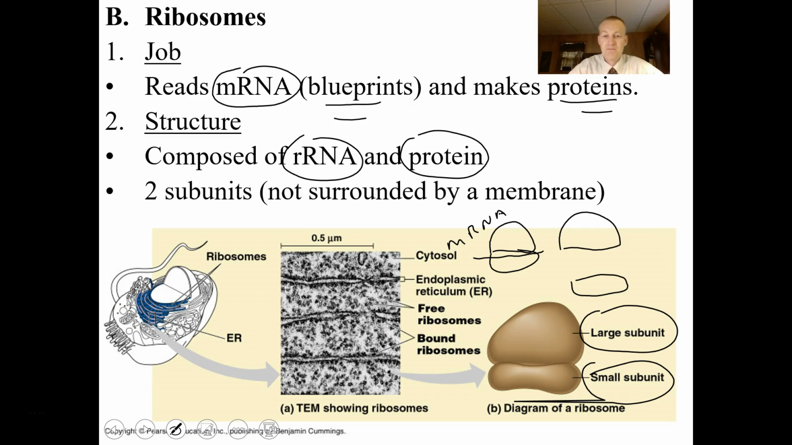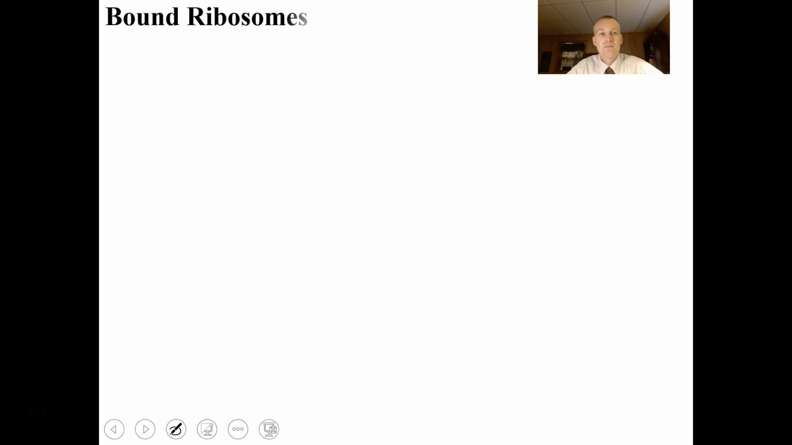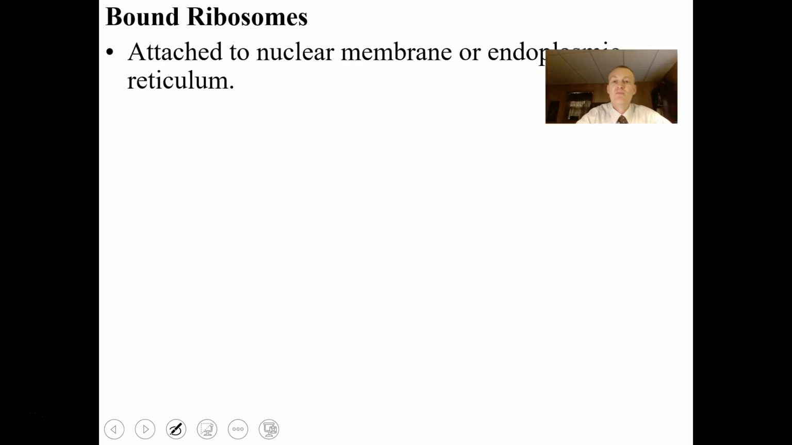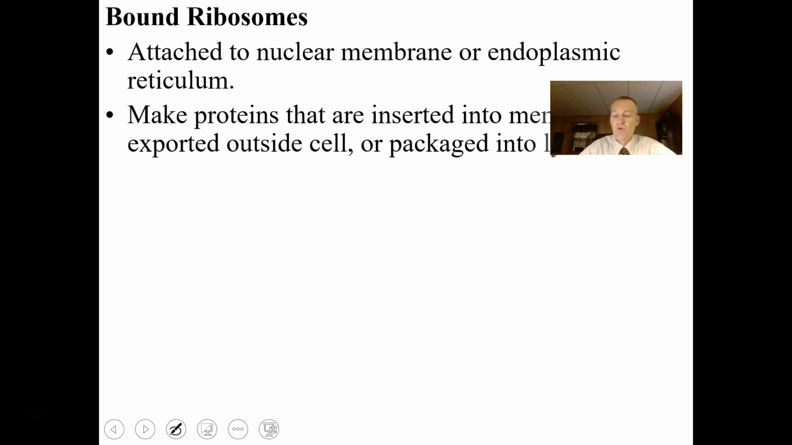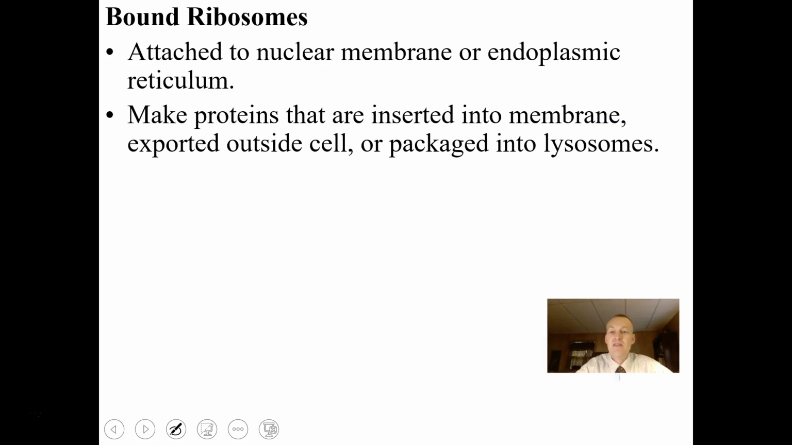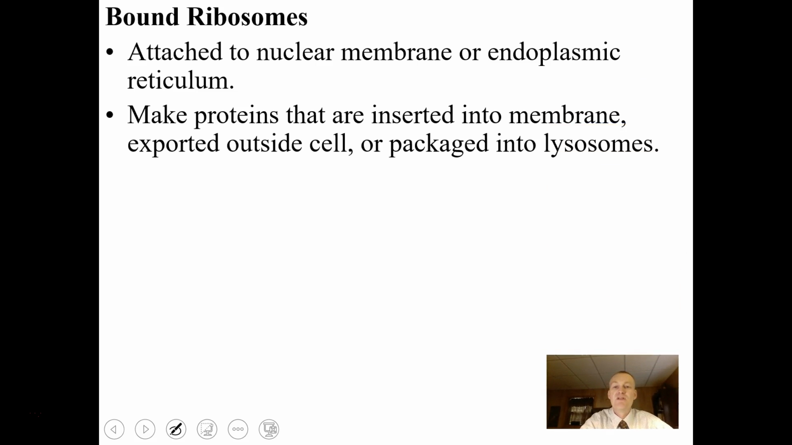Okay. Sometimes we have free ribosomes. These are ribosomes that are just in the cytosol. And sometimes we have bound ribosomes, and these ribosomes are attached to membranes like the rough endoplasmic reticulum that we'll talk about in just a few minutes. So bound ribosomes are attached to the nuclear membrane or the endoplasmic reticulum, and they're going to make proteins very specifically that are going to be inserted into membranes, your cell membrane, or exported outside of the cell, or packaged into these little